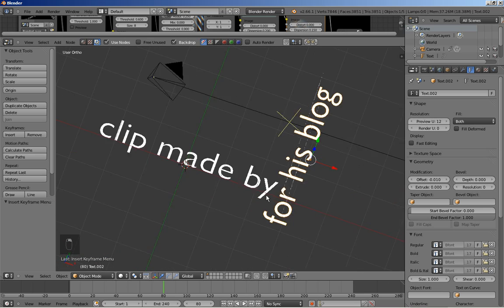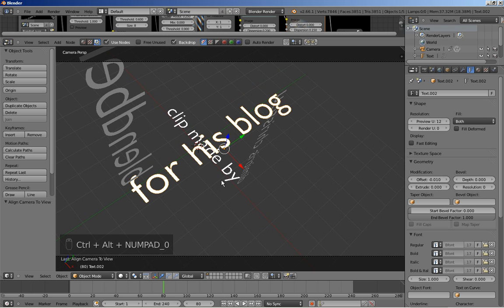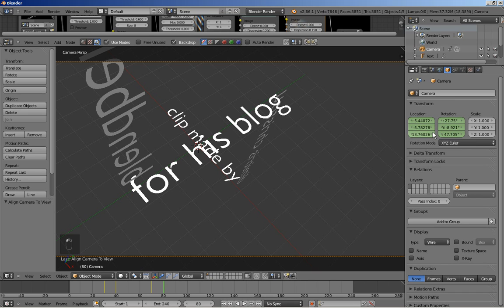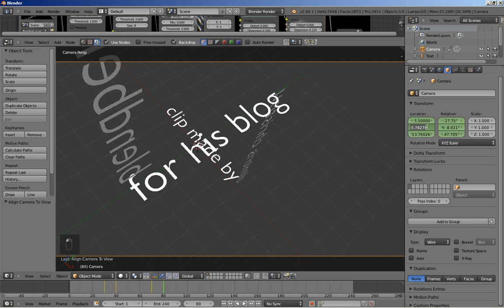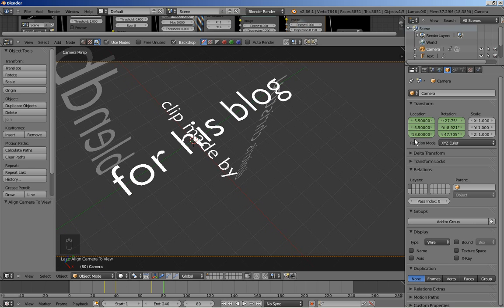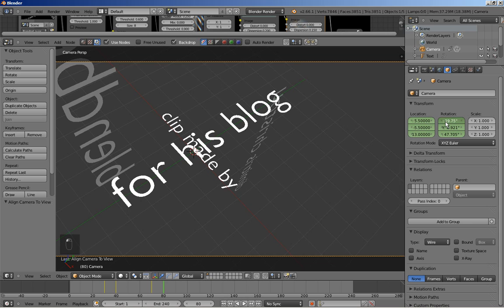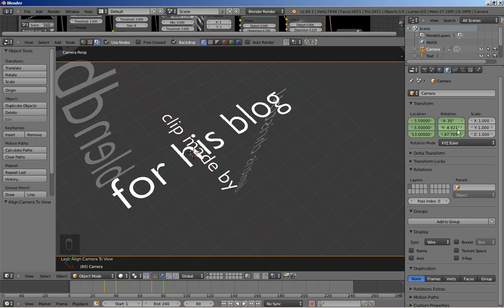And let's do that. I'm selecting the blog text, and let's try to take a good look. Again selecting the camera now and changing the transform values. Minus 5.5 for the X, and again feel free to use your own values, your own settings. You'll probably have to, whether you like it or not. Let's set the X rotation to 30 and the Y, let's set it to -9, and let's set the Z to